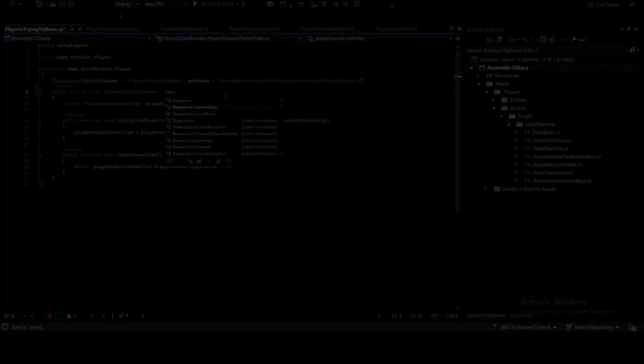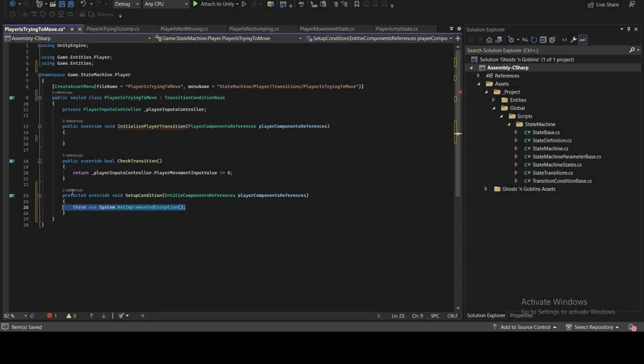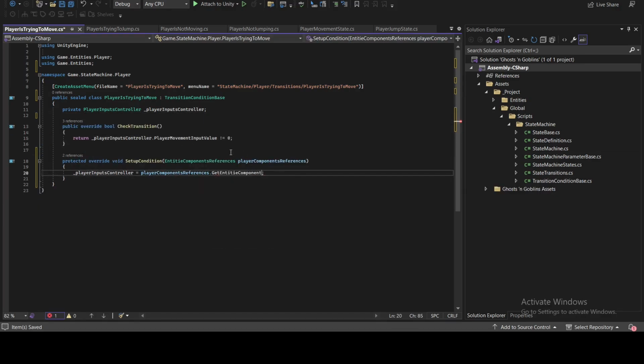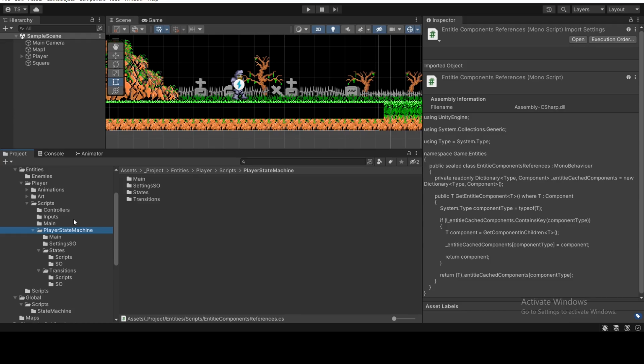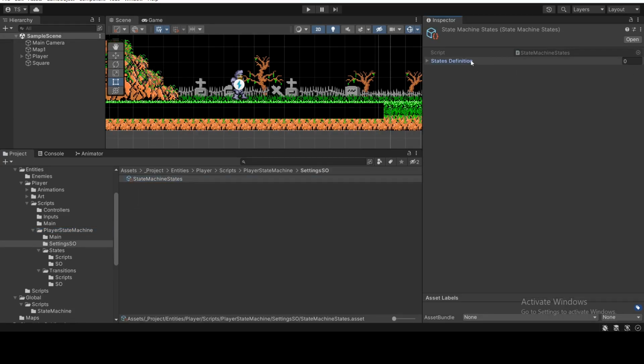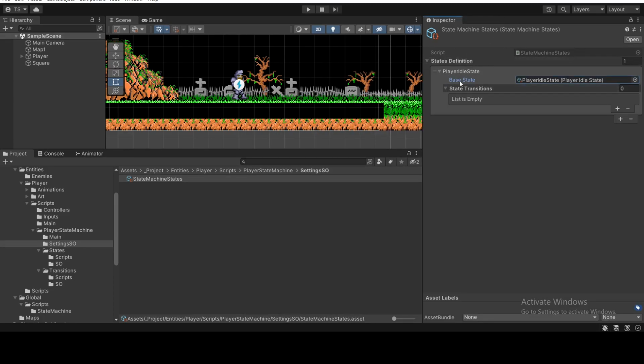So let's finish with this transition. And then ENT will compile the state machine code. So let's go back here on the settings, state machine states, and here we got the state definition. Now it will all make sense. So first we got the state base that will be our idle state, and you can see that the validate functions that we set on the code is just for renaming these fields